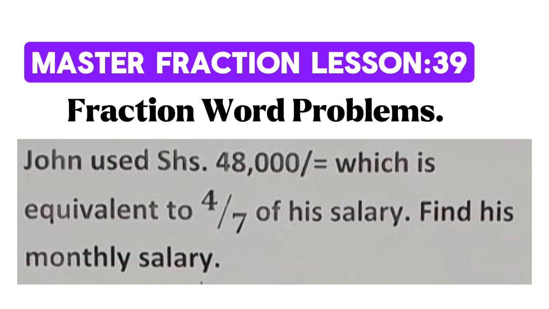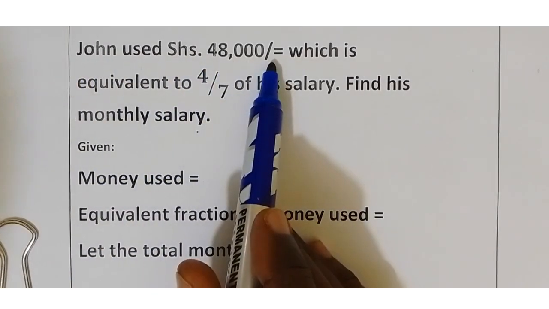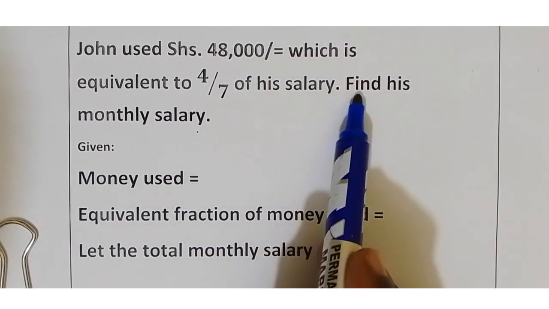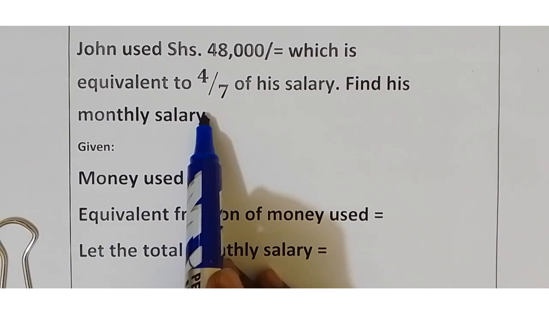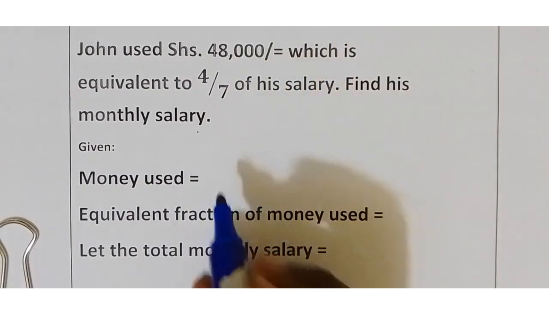My name is Walter. We are still working with fraction word problems, and straight away, let's go and do this question together. Johnny used shillings 48,000, which is equivalent to 4/7 of his salary. Find his monthly salary. Now, given the money which Johnny used is 48,000,